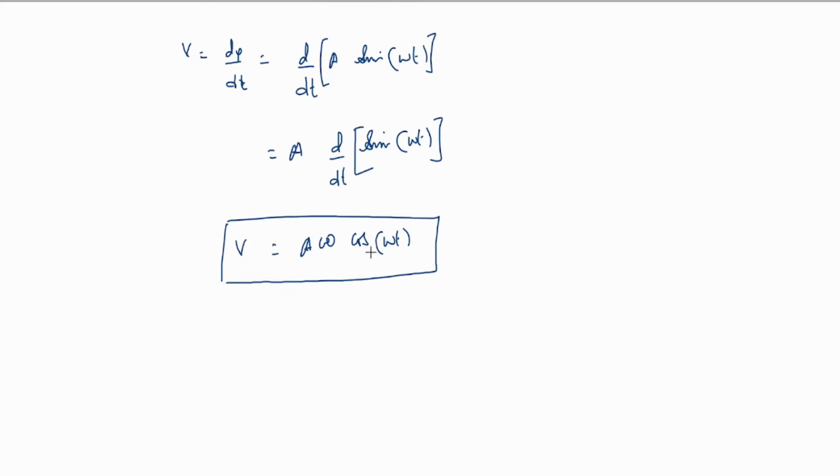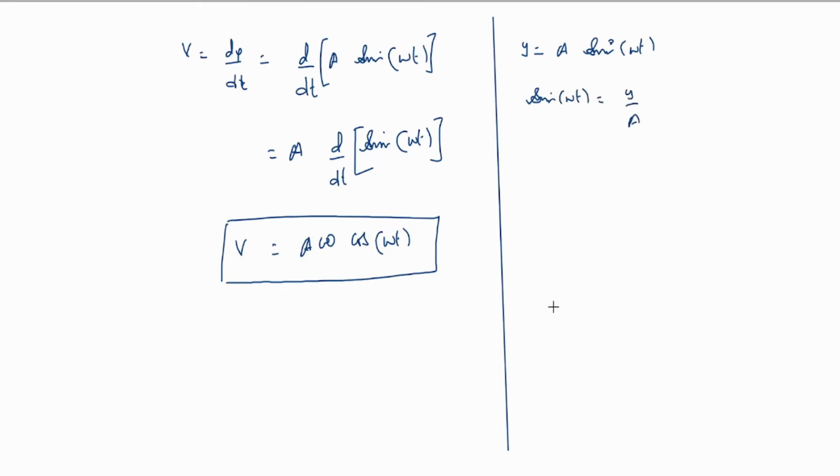Now here itself we can express the velocity in terms of the displacement itself. To understand this, let's recall what is y. We wrote that y is equal to a into sine omega t. We need to express this velocity in terms of displacement. Now from here we can say sine omega t is equal to y by a,